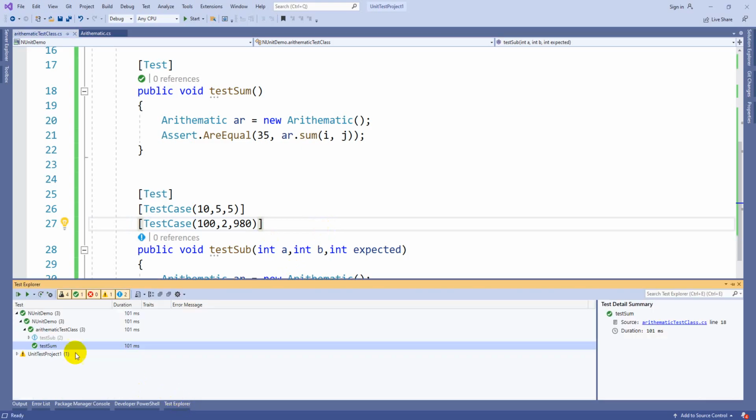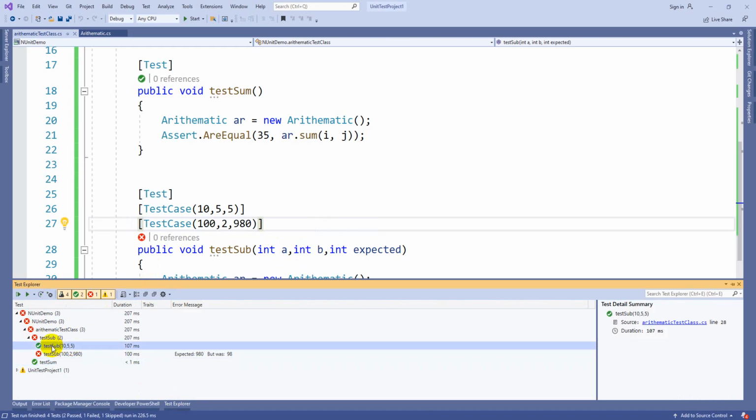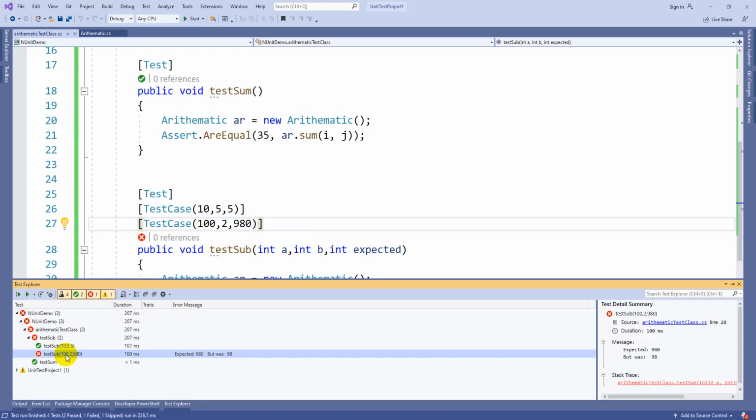Again go to test cases and click Run All Test Methods. As of now TestSum has only one. For TestSubtract, when you pass 10 and 5, the expected value is 5, so it passed. The actual value for 100 comma 2 is 98, but you are expecting 980, so the test case failed.